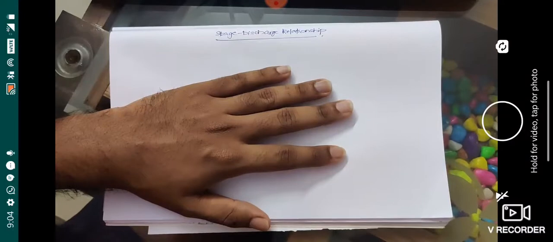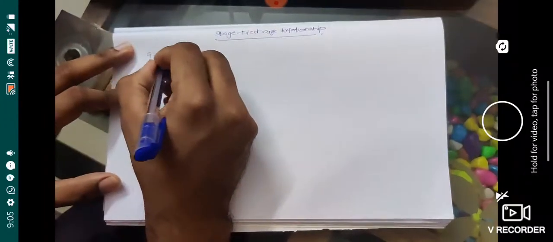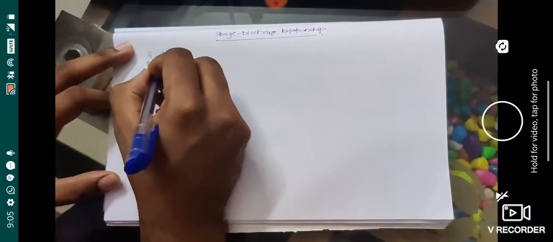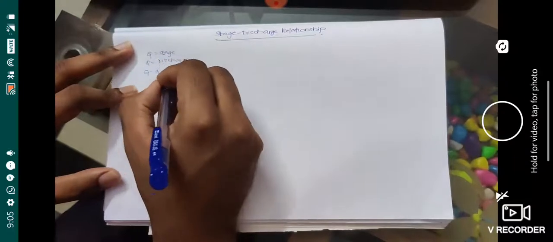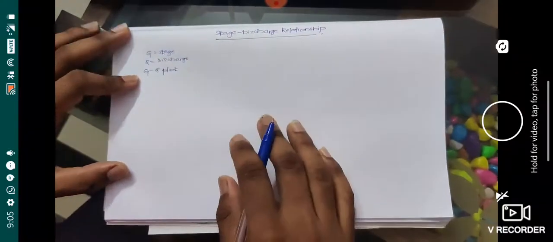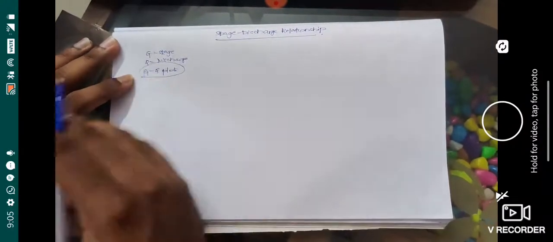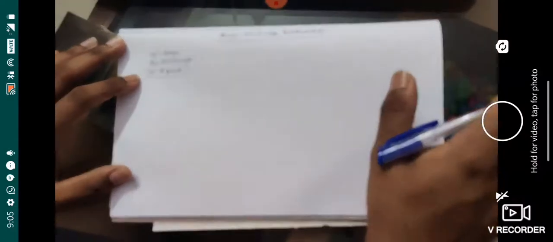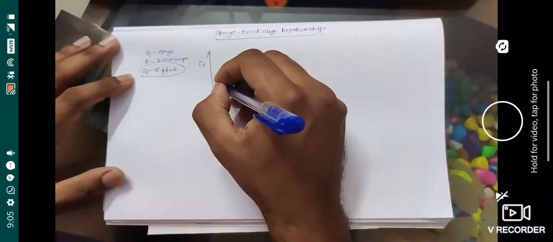Once you fix the relationship between the discharge and the stage, I'll be representing the stage as G and discharge as Q. So you'll be plotting a GQ plot, the stage discharge plot. That's what you are plotting. And sometimes once you find the relationship between G and Q, it will be constant, or rather it will be fixed. Say for example, you have fixed the table like this. This is G and this is Q. You have got a value.